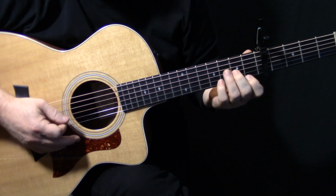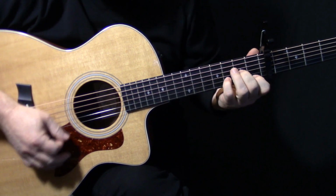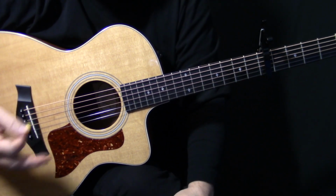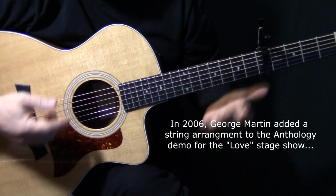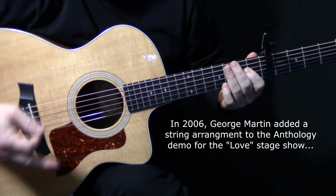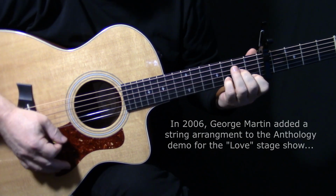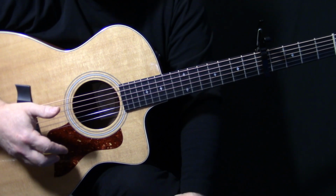Okay, so While My Guitar Gently Weeps, this is the Anthology version. And basically, the Anthology version was just a demo of George playing the song, playing the guitar part and singing it. But it's sort of come back into everybody's attention these days because for the 10th anniversary of Love, the stage